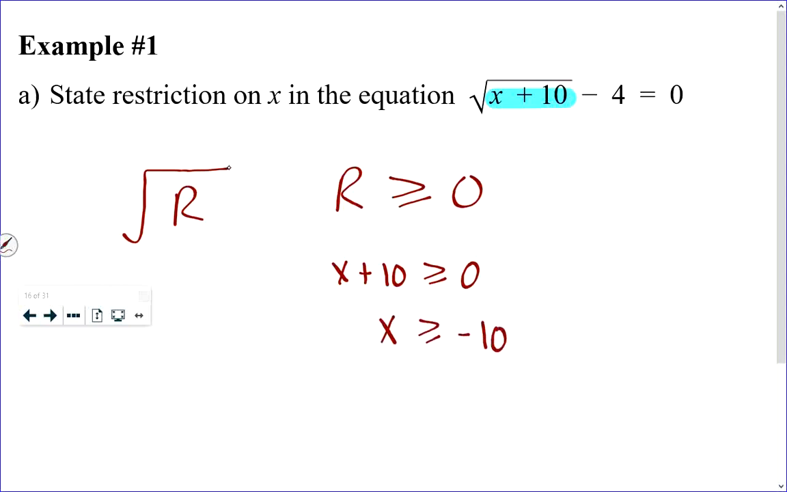So all we do is we solve this little inequality, and we say that in this equation, if you want to put in numbers for x, you must put in a number for x that's bigger than or equal to negative 10. And what this looks like,